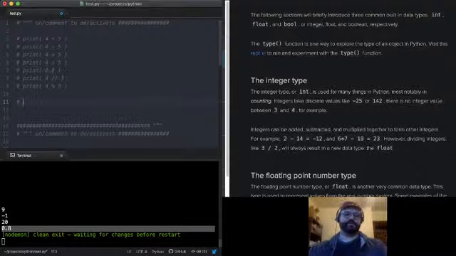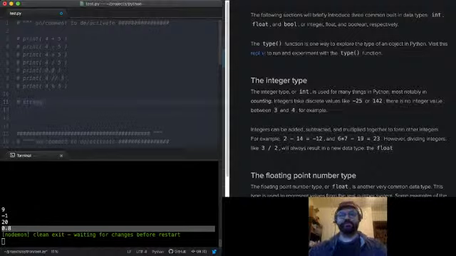So there's strings. This is a kind of collection. Strings represent textual information. So just text. Then there's lists.